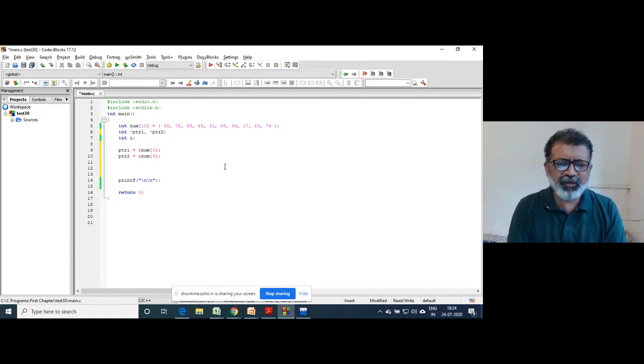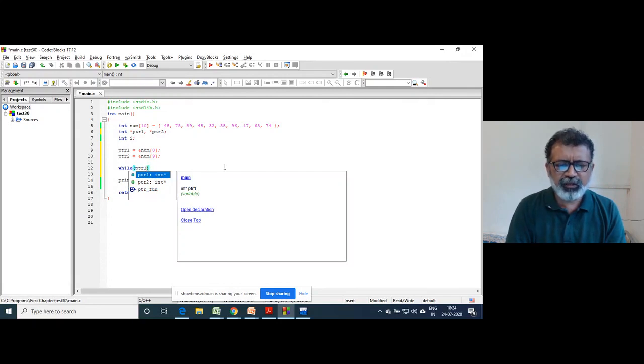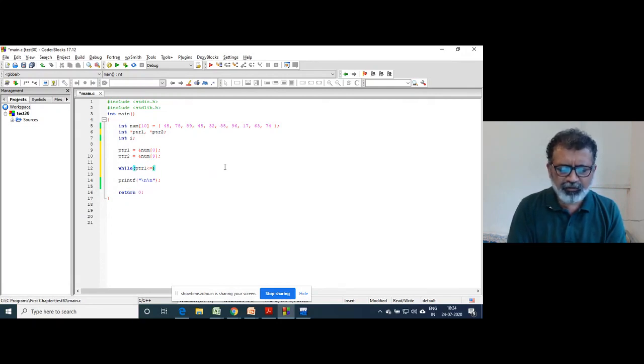So if I write while ptr1 is less than or equal to ptr2, I am comparing. I told you, two pointers can be compared provided they point to the same memory location.